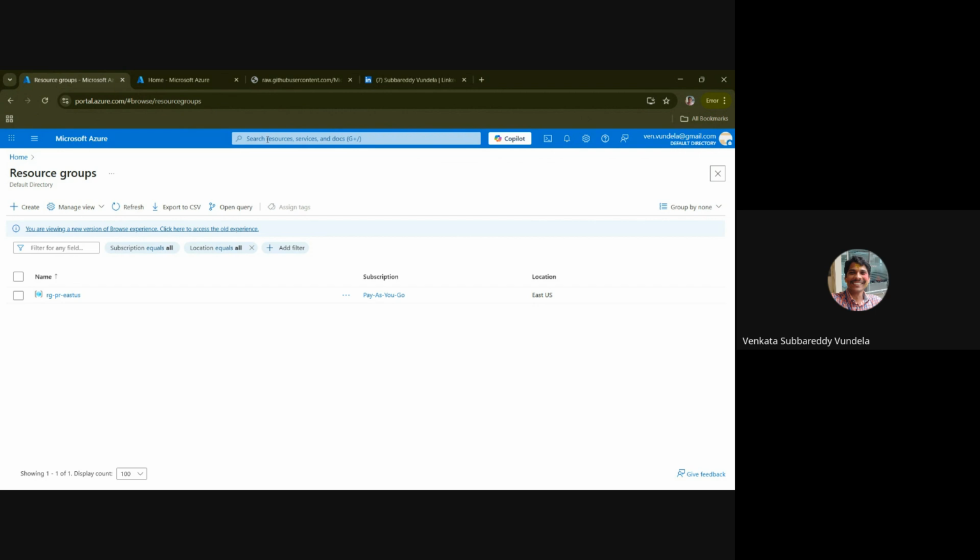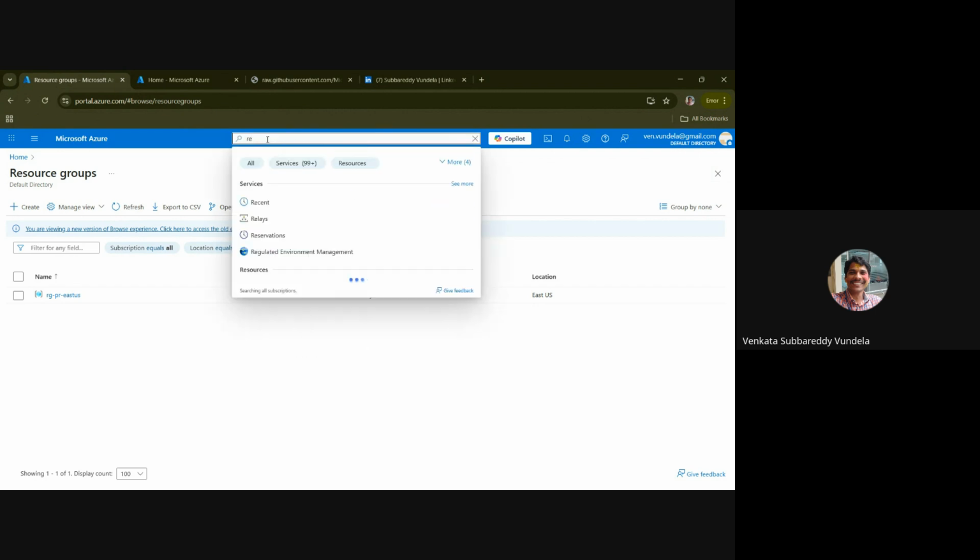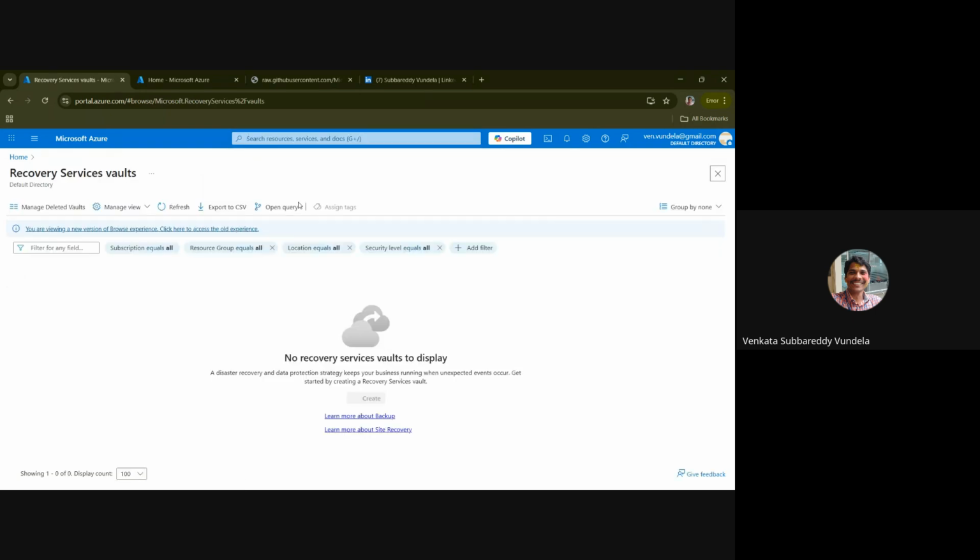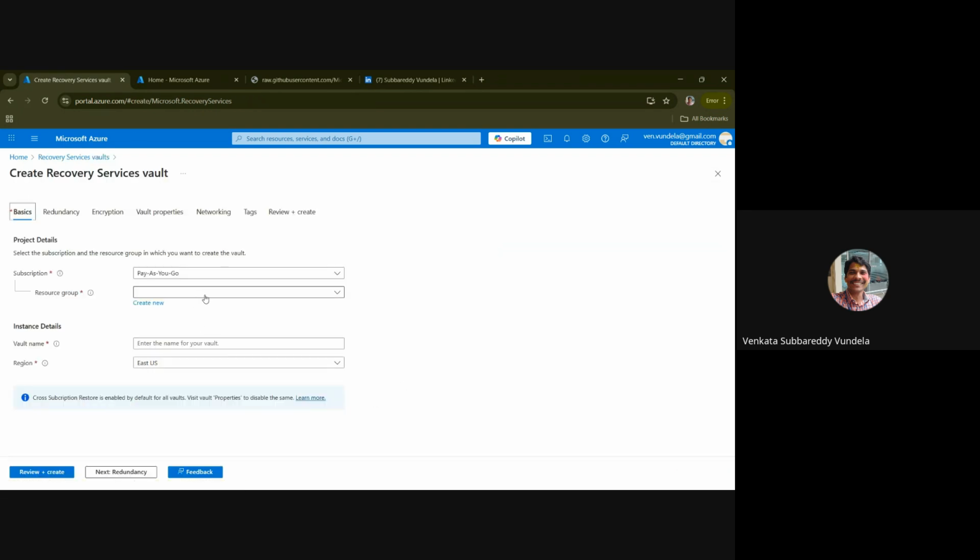I'm going to search for the recovery services vault. Hope I am not going too fast. Okay, create the recovery services vault. As I said, we created the resource group earlier in Cloud Shell, which is RG Vault.